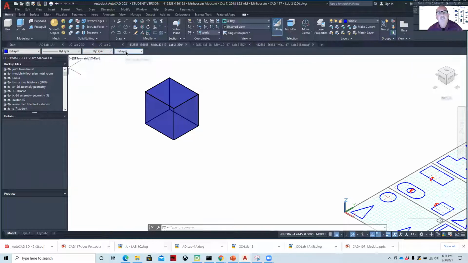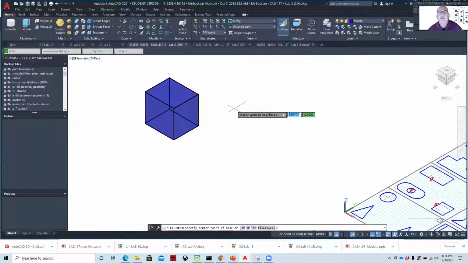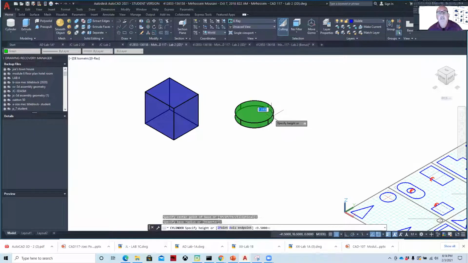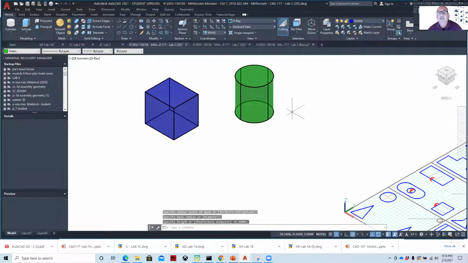By layer just means that the layer follows the properties. So if I wanted to change to a different color, let's say green, now I'm overriding it, and I could go here and I could say cylinder, and it should be green. Yeah. And so there's my cylinder. And it's just like the textbook. When we looked at that textbook